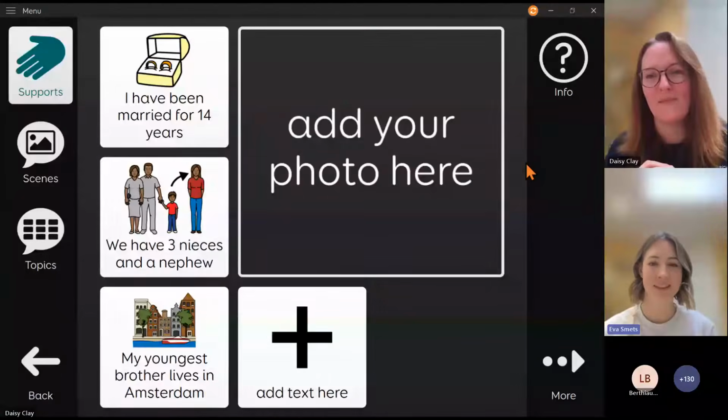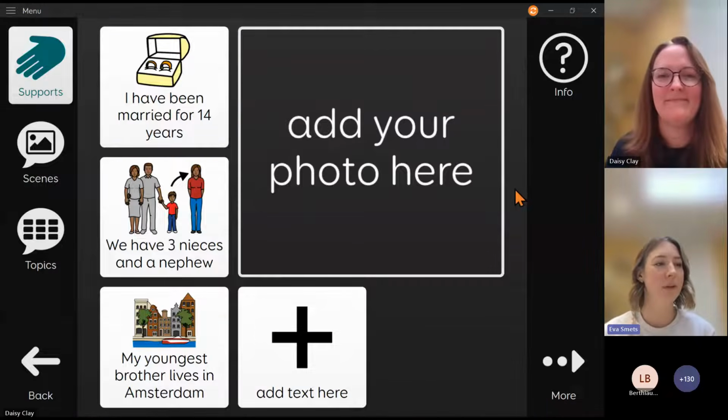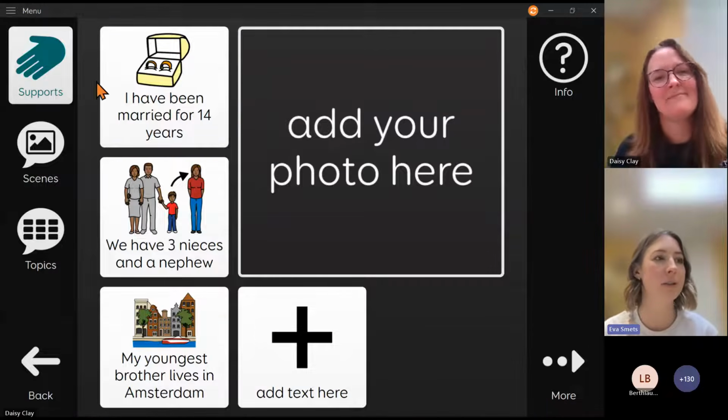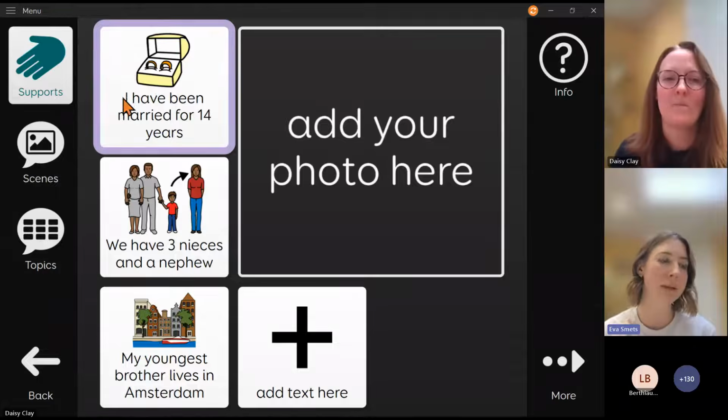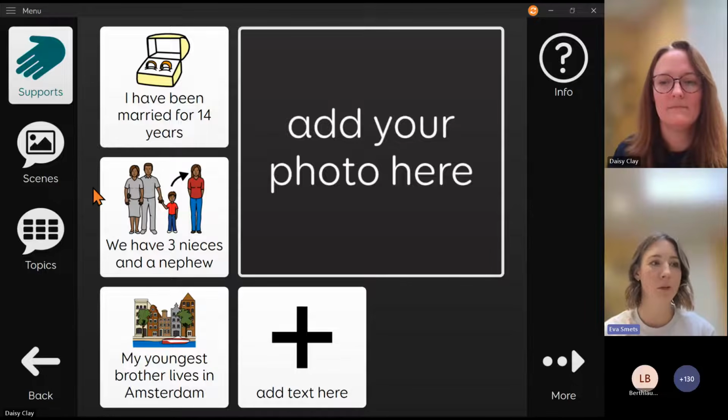Okay, grand. Okay, so back to My Life. So here you can see a grid all about somebody's family members. This format will become really familiar as we show you through the grid set. We've got that familiar format where you've got space for a large photograph. We know from the research that vocabularies are best when they are personalised to the individual. And then here we've got some word list cells.